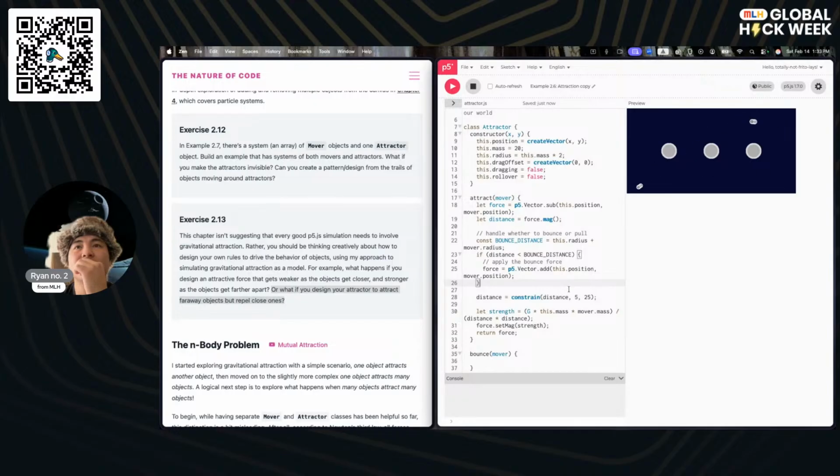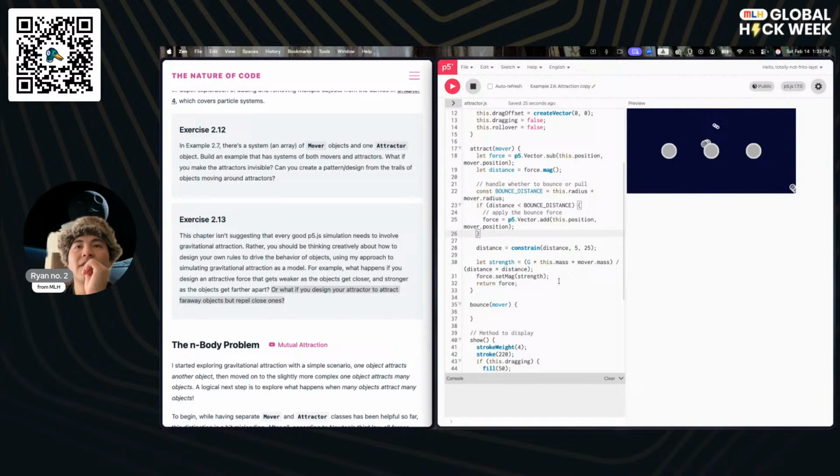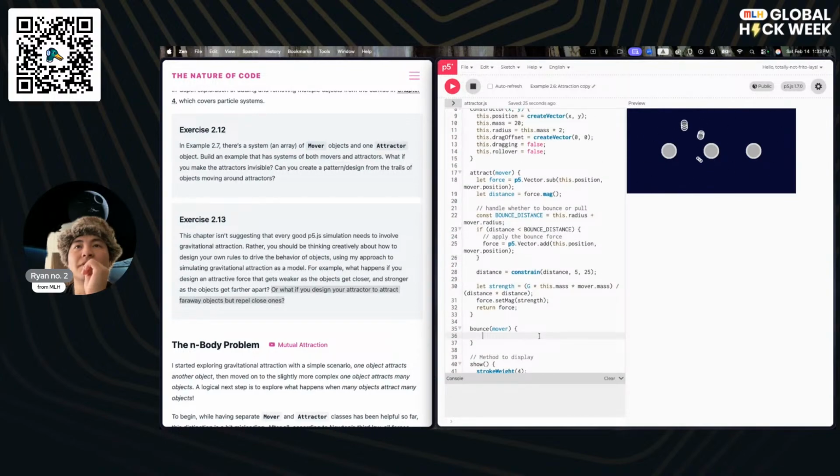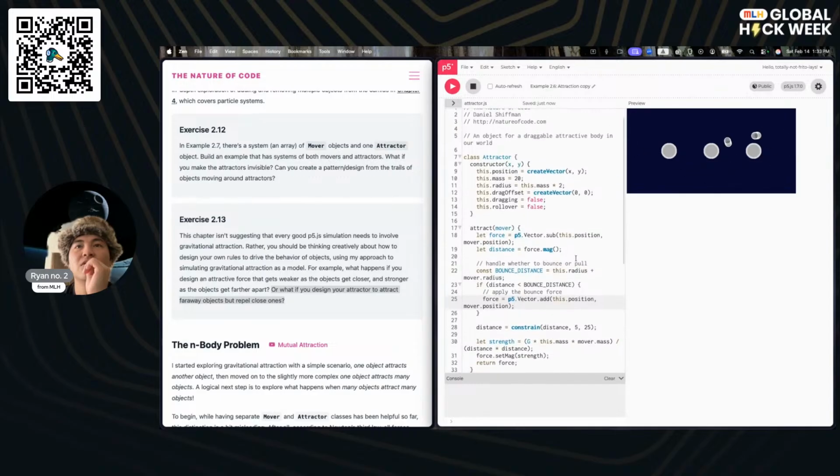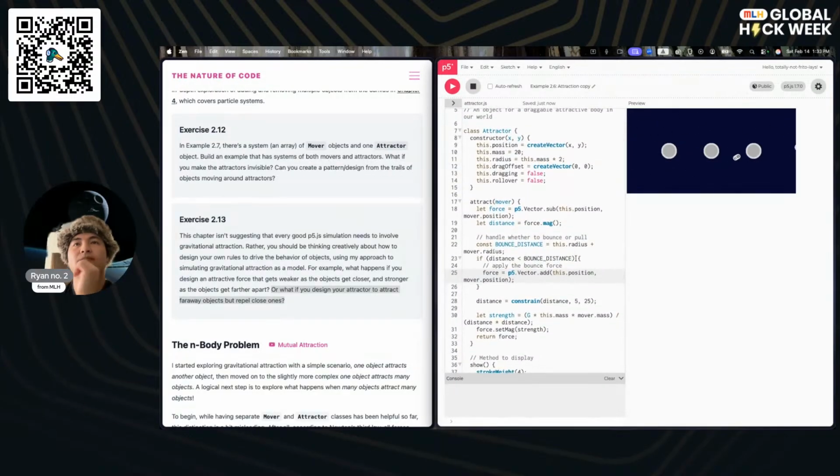Let's see if that makes sense. So then the only thing we're changing is the direction. The strength is going to be the same. I think this is enough for us to play with. I was going to have this in a separate function, but I think that's fine. Apply the bounce force. Okay, let's try that.